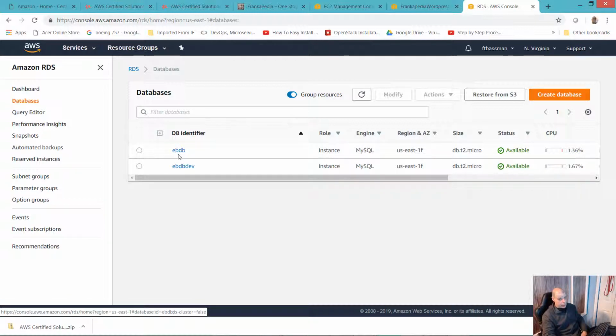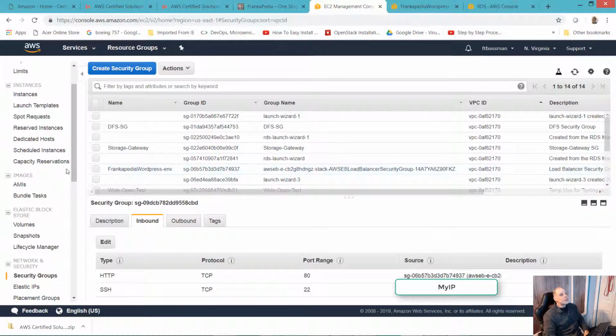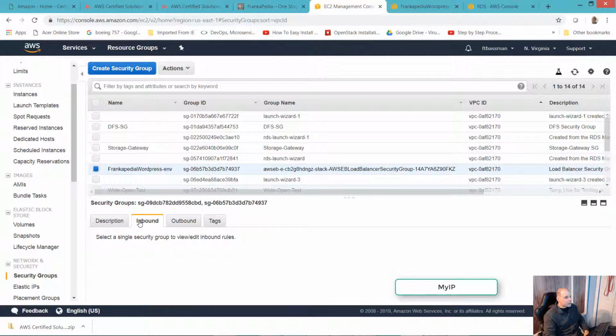This is my production, I guess I'll call it production database here, and I stood up another instance to play around with things because I installed some plugins, and plugins live in the local file system. And since I'm using Beanstalk, if I push out another update, those instances will be wiped out. And if I don't include the new plugins, then it's going to break. So I'm still experimenting with that. But you could see here also the security groups that were provisioned by Beanstalk.